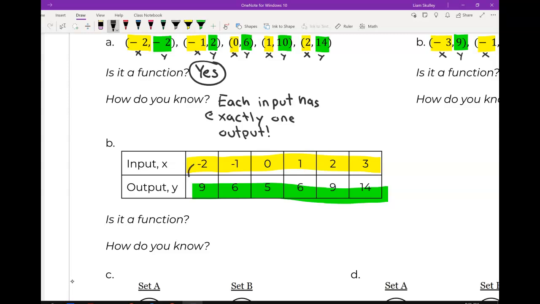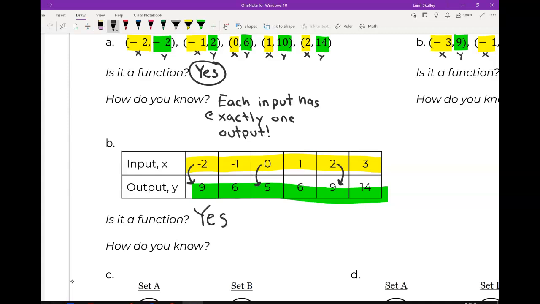When we input -2, we get out a +9. When we input a 0, we get out a 5. When we input a 2, we get out a 9. So for each input, we have exactly one output. Our vending machine, we sometimes call it 1-to-1. One thing goes in, one thing goes out. So again, we could say yes,